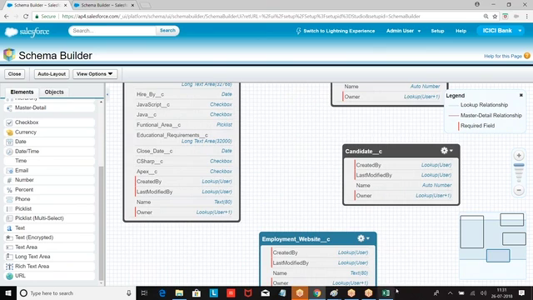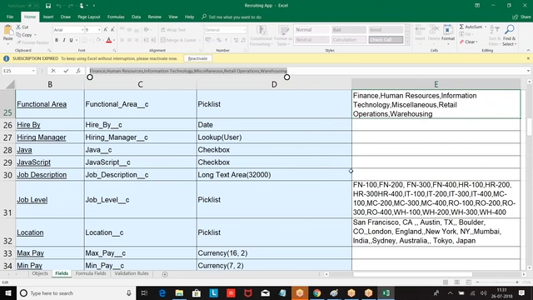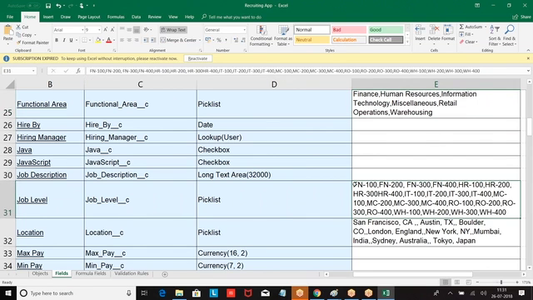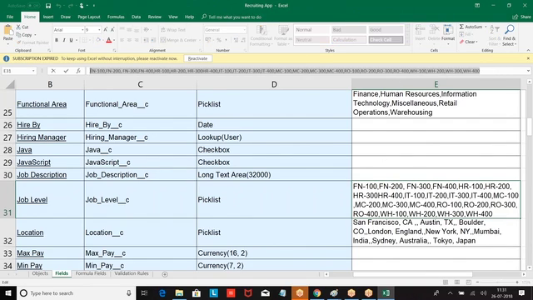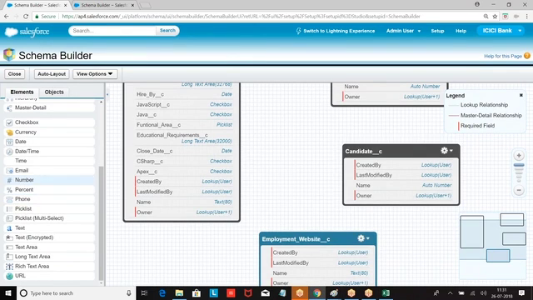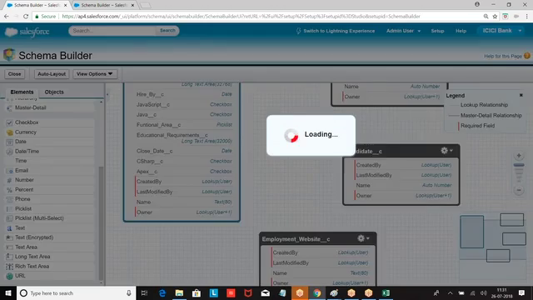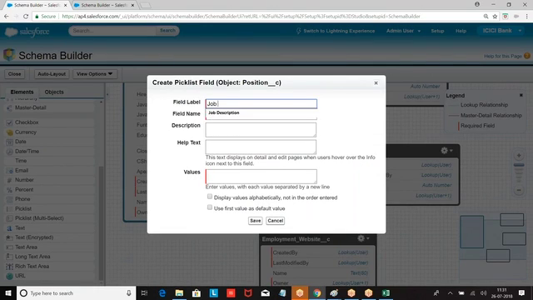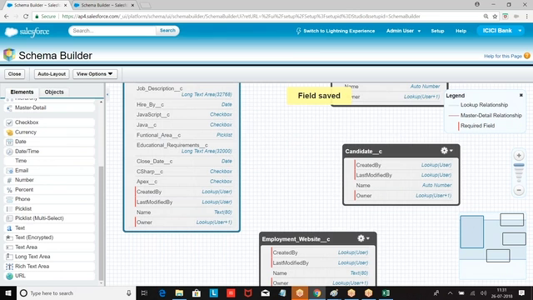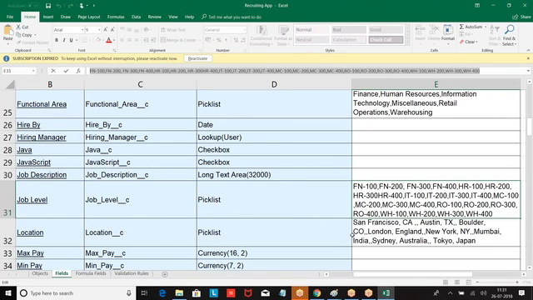Then job description. What are the next options? We had job level, pick list. Then we had the next, location.